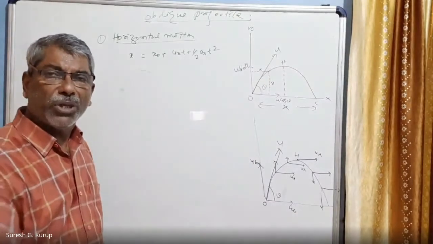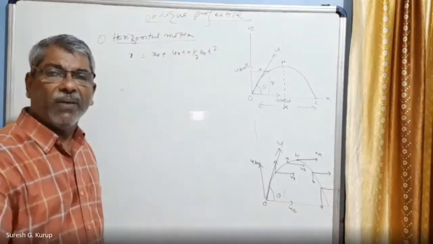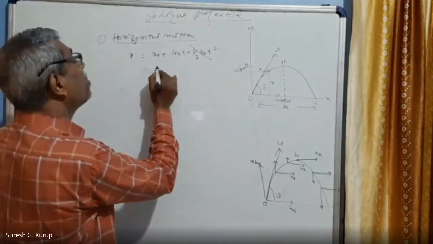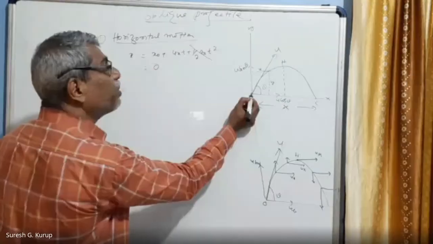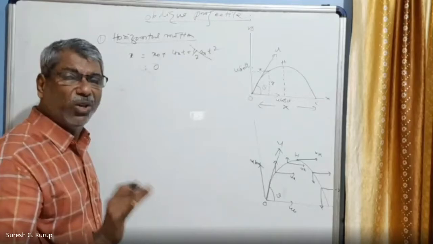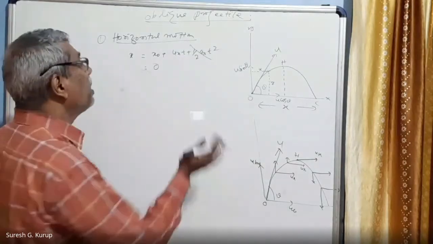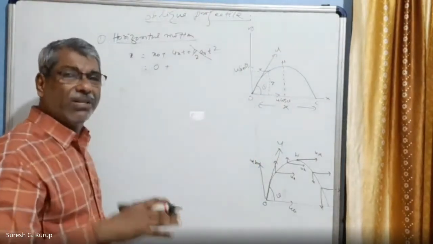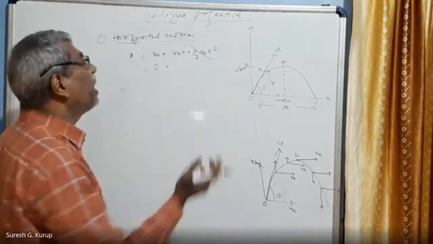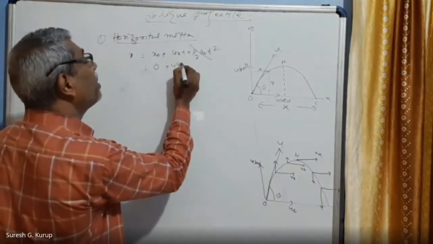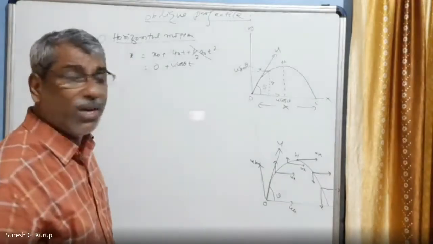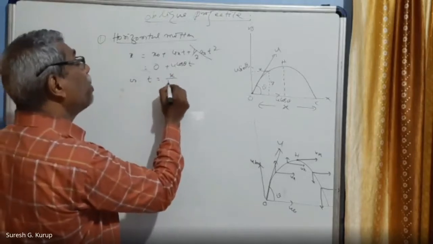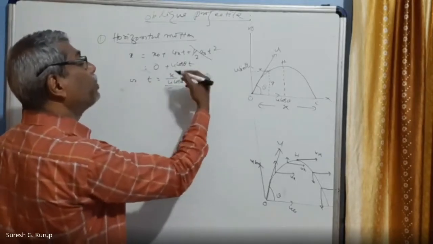So a motion in which acceleration is equal to 0, but velocity always remains a constant, is called uniform motion. So this becomes equal to 0, right? That is, x0 is also 0. Initially, the position of the body was starting from the origin only, therefore x0 is equal to 0. Plus ux. Ux means initial velocity. Initial velocity and final velocity, every time the horizontal velocity is same only. That is ux, that is equal to u cos theta. You will write u cos theta into t. So x is equal to u cos theta into t, or t is equal to x by u cos theta.